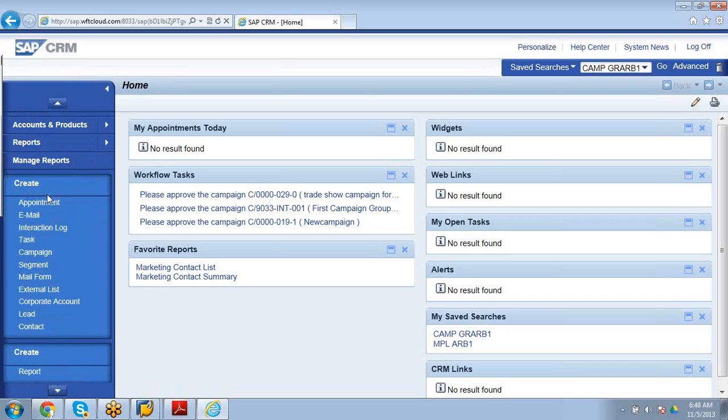This is called direct link create. These are the following direct link create options available in the marketing professional screen.